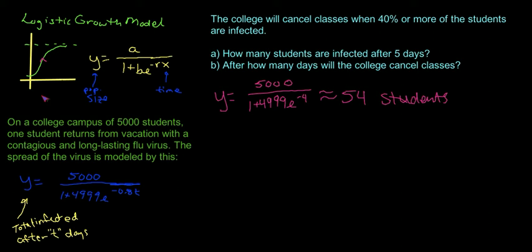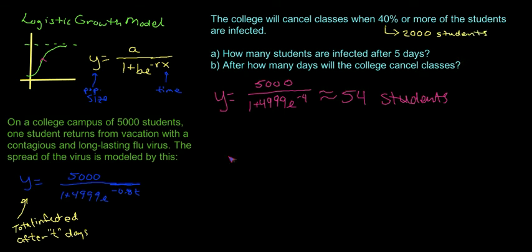So there's our fast spread, probably on this part of our graph right here. Now the second question we're looking for: we want to know after how many days will a college cancel classes. So our setup on this one is we have to figure out 40% of 5,000 students, and that's 2,000 students. So that's our 40%. So we're going to set up our equation here